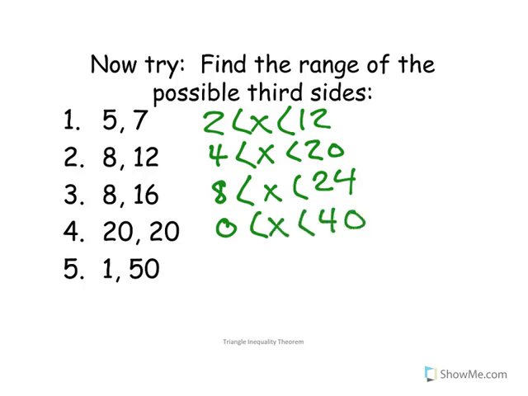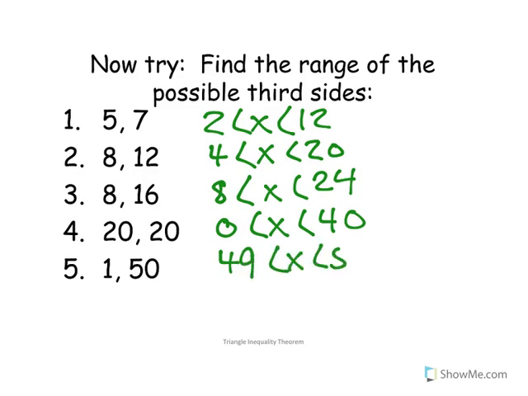All right, so what do we notice here? X could be anything less than 40, right? I mean, it can't be a negative number, but when we're dealing with geometry, obviously that's taken for granted. But that's an interesting one, that if it's already isosceles, it could be anything from 0 up to the sum. And here we've got our difference